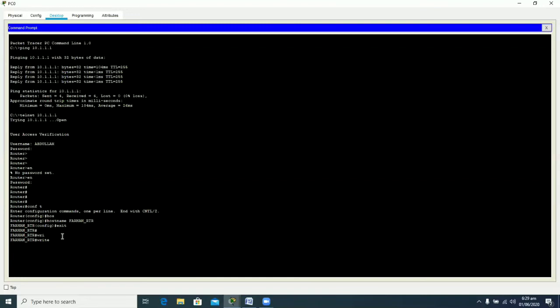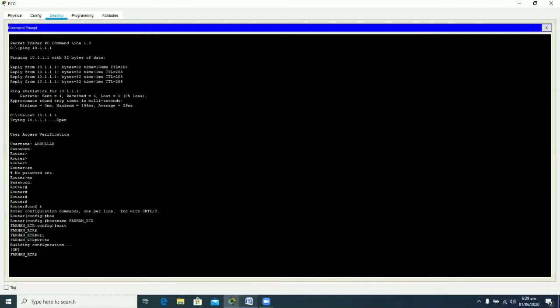so that if the power is turned on, I will not be left with an unconfigured router. So now the configurations are also saved. It is very advisable that you always write the command write, so that the configurations get saved and you don't lose your configuration. So now this is the telnet connection configured to your router.